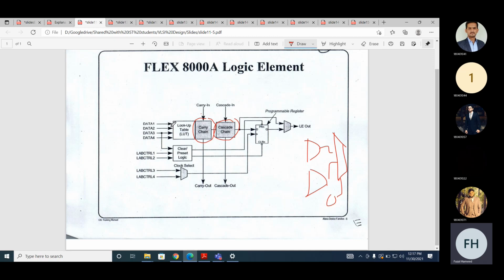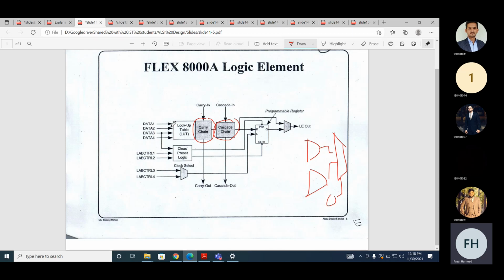And if you look at here, this lookup table consists of 16 storage locations. This can be partitioned into two 8 storage locations. One can be used to implement sum, another can be used to implement cout, and then we can have a carry in chain and carry out chain. This mode is called arithmetic mode. Another mode is the logical mode. If you want to implement a wider function, more than 4 inputs, we have two types of chain. One is cascade AND chain, and another is cascade OR chain. In this way, we can implement wider functions by combining multiple logic elements.